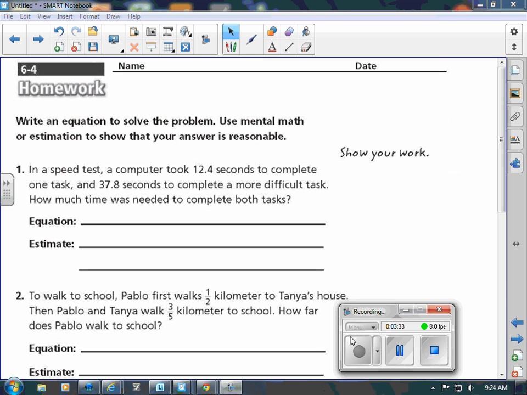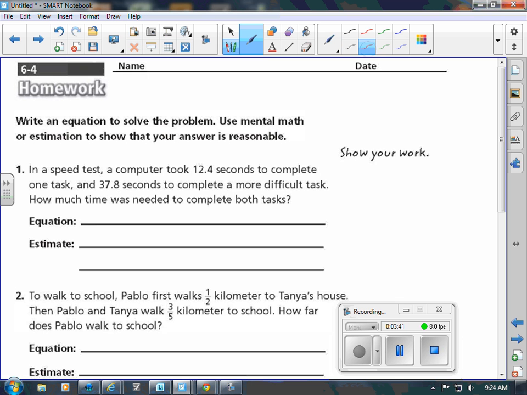Okay, so here we are on the homework. We've got some equations that we're going to solve. We're going to use estimation to check our work. So in a speed test, a computer took 12 and 4/10 seconds to complete one task and 37 and 8/10 to complete a more difficult task. How much time was needed to complete both? So we would do 12 and 4/10 plus 37 and 8/10. Okay, when we add those up,